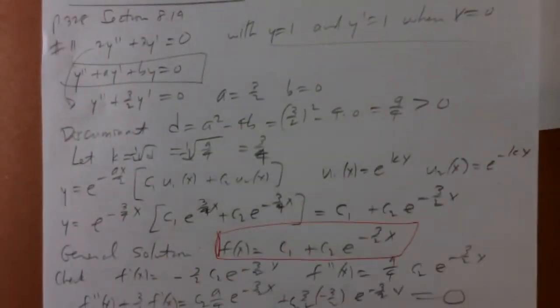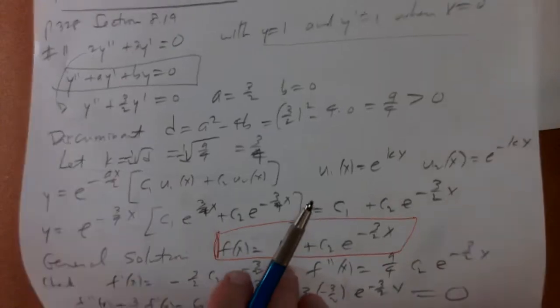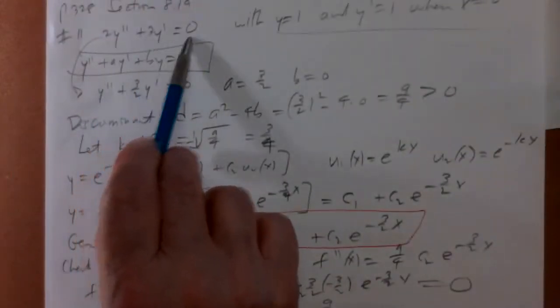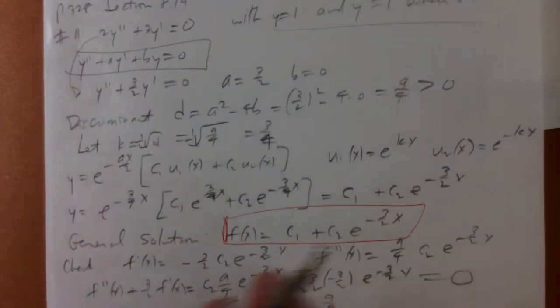Let me just review very quickly what we've done from the beginning. Here are two homework problems on second order linear ordinary differential equations with constant coefficients and homogeneous. So in the homework assignment, problem 11, 2y double prime plus 3y prime equals 0, the first thing we did